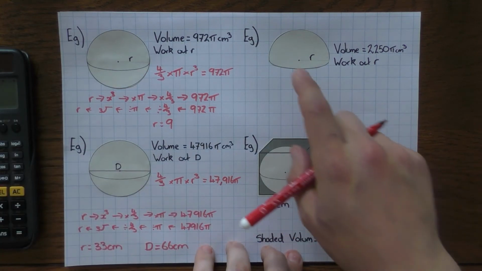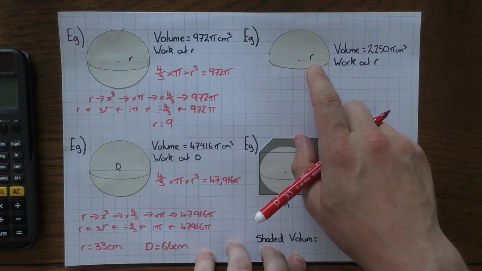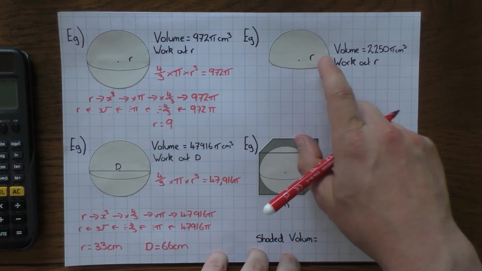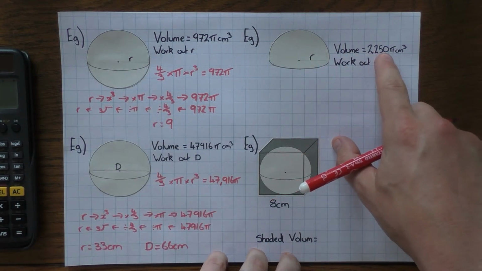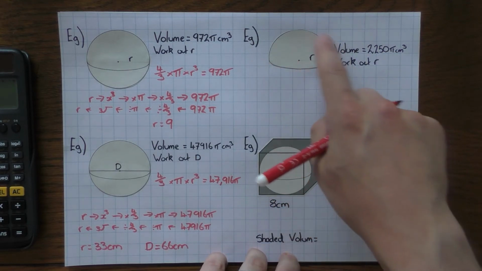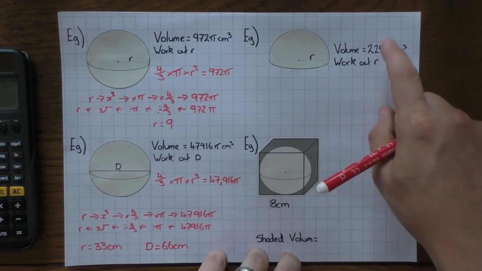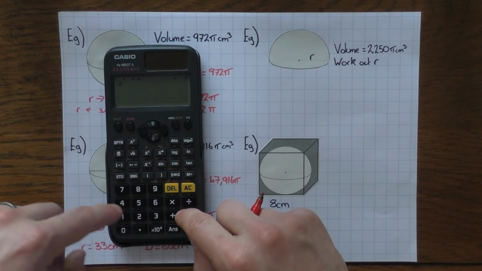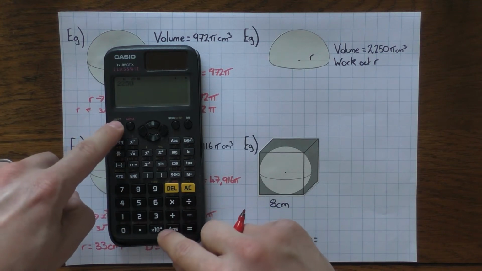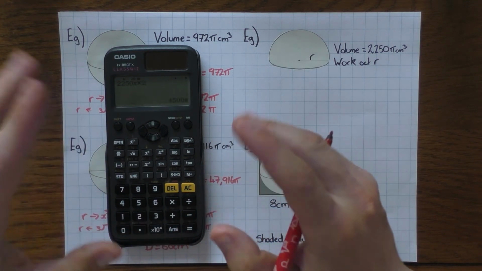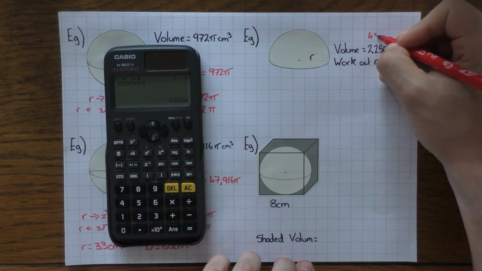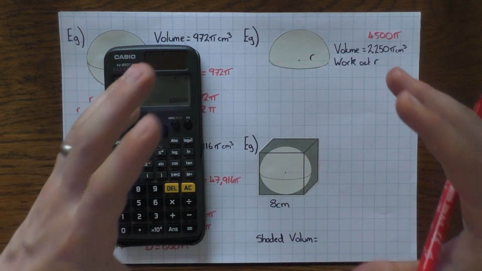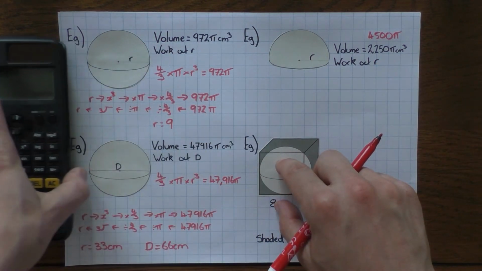Okay, this one here, if you have a hemisphere or half a sphere, how do you work out the radius? Again, we're just going to use that same formula. However, the volume we've been given isn't for a whole sphere, it's only for half. So the first thing I'm going to do is double this. If you double 2,250 pi, so times it by 2, you have 4,500 pi, and that will be the volume of the whole sphere,